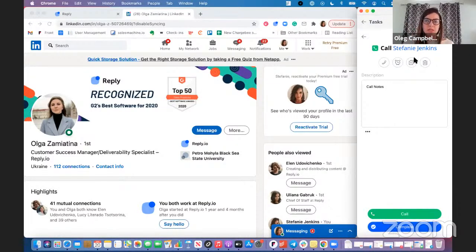So in my Chrome extension, I can see that I have to call myself. So what I'm going to do now is click the call icon right here. So I've moved on to the call step. I'm going to click call. So earlier I talked about the 3 number options. So you have the rented number, you have custom caller ID, or local dial. So you can select which number you want to use to call that prospect. So I'm going to use the local dial right here.